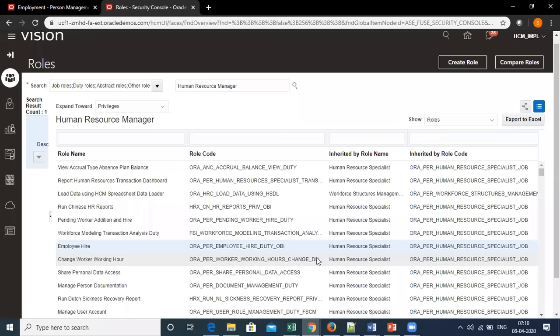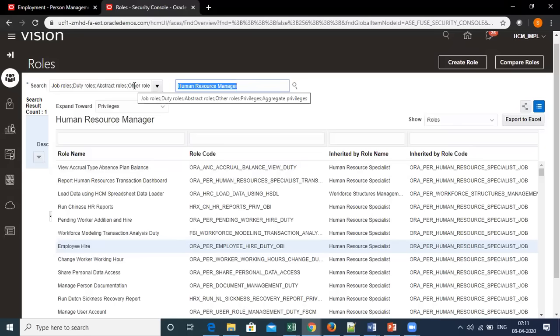I can say second level in hierarchy. So human resource manager inherits human resource specialist. It means that whatever access human resource specialist has is available to human resource manager. Hence, all the functionalities performed by human resource specialist are also available to human resource manager, signifying that human resource manager has wider access and is the top in the hierarchy.